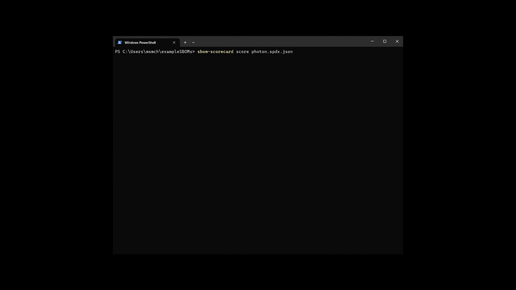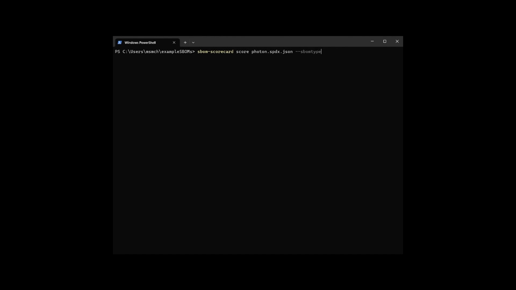By default, the tool will do its best to guess what type of SBOM the file is. However, if it guesses incorrectly, scores will not be generated for the given SBOM file. This can be prevented by specifying the SBOM type before generating the score by using the following flag,